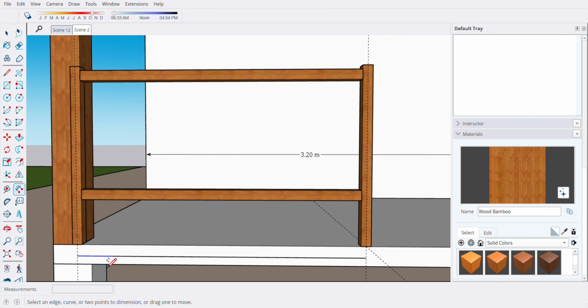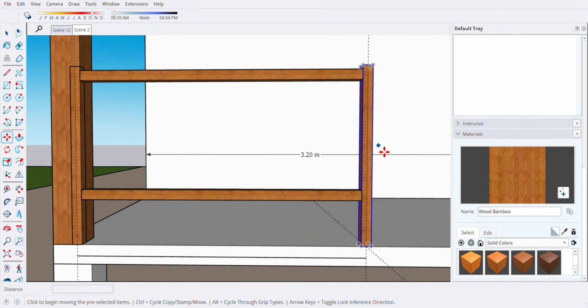So just to show that the line is equally divided. Okay, so our next step would be this one.